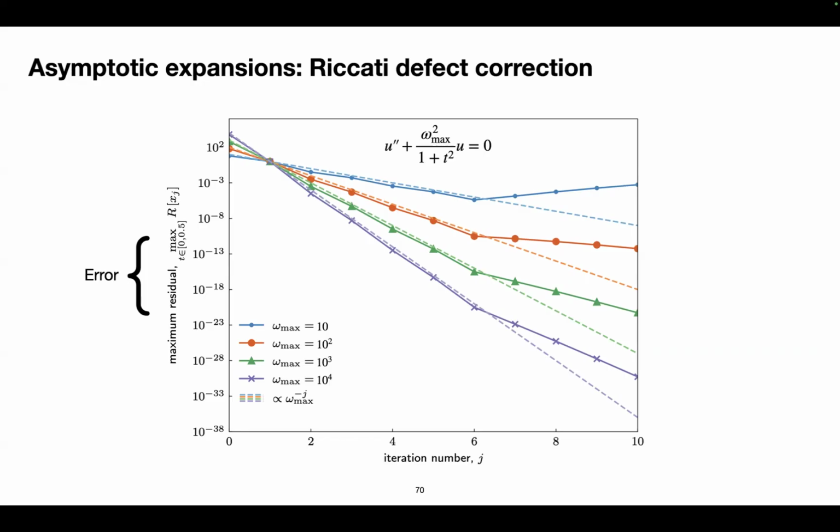And what this means is that for the largest frequencies, so in the purple crosses, I reach machine precision, so 10 to the minus 16, in about 5 iterations, meaning that these estimates for x and in turn for u are actually pretty good when this solution is a symmetry. They're valid for a long period of time.